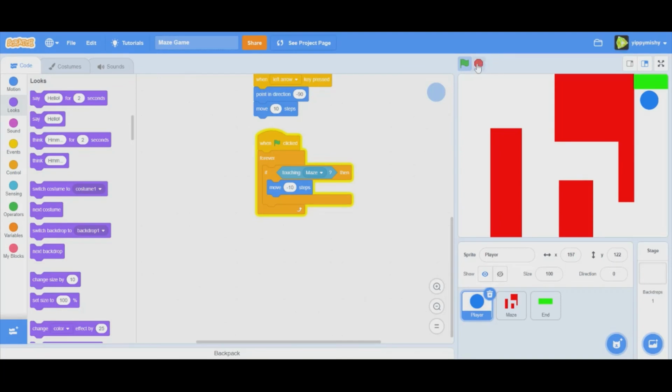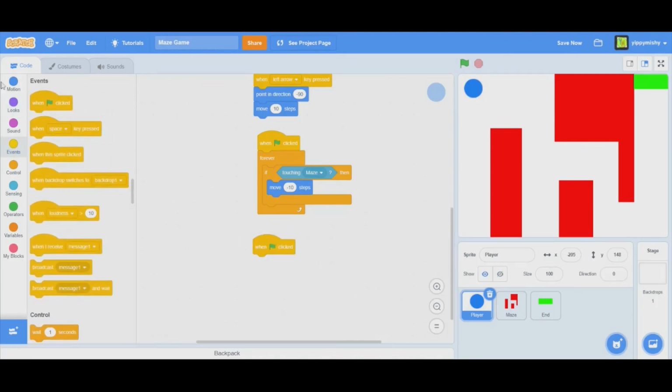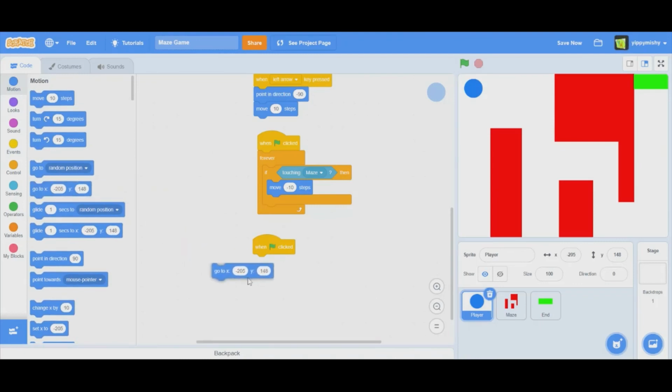And we'll do this by stopping the project, dragging the player to where you want it to go, and doing the script. When flag clicked, go to, then you enter the coordinates. In my case, they're already here. And that's your whole